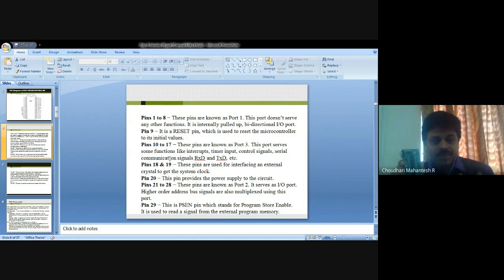Then pin number 18 and 19 below that. These pins are used for interfacing an external crystal to get the system clock. To get a system clock is very important. The interfacing units or models that you are interfacing should have the same clock speed.